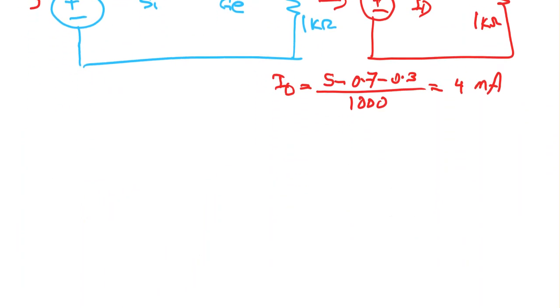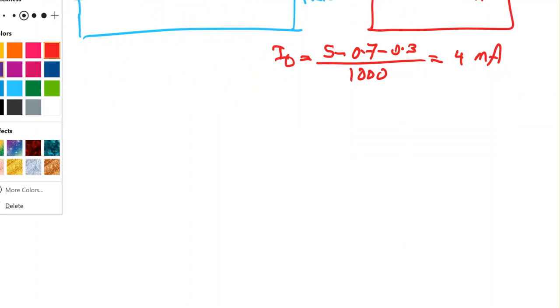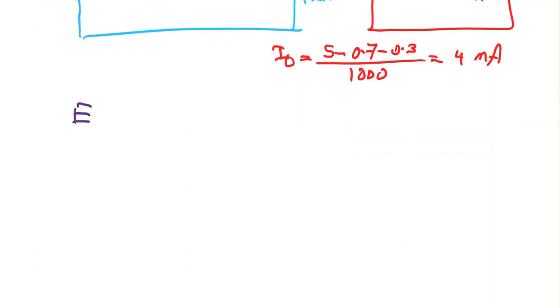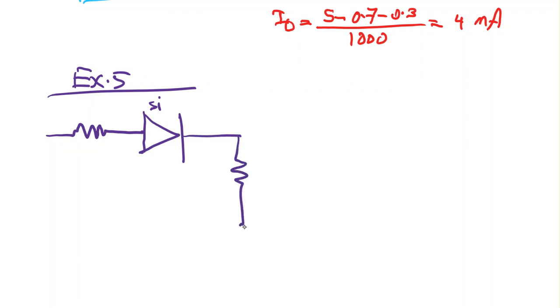Now we can have some more cases, a little bit more complicated. As an example, let's have the following example. I have a new example number 5. It says we have the following circuit. Look at it. I have a resistor here, I have a diode, and I will assume that this is again a silicon diode, and I have a resistor here, and I have a voltage at this point equal to minus 5